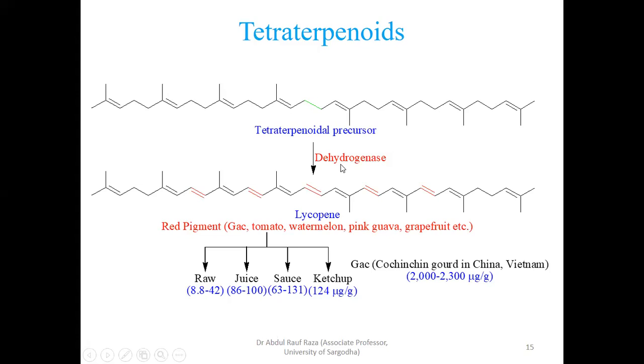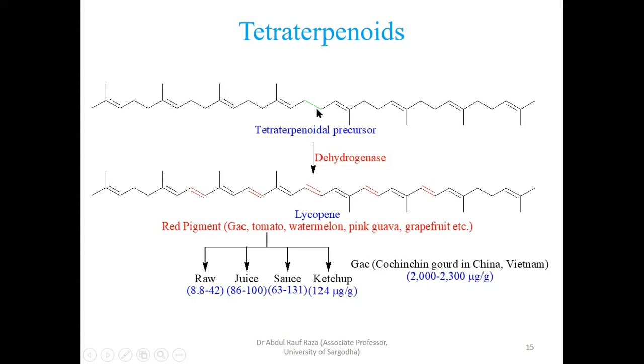So what happened? Dehydrogenase. Dehydrogenase is an enzyme I have presented in red. What is the role of this? It brings out double bonds at these 5 positions. You see, this is one, 2 on this side, 1, 2 on this side, and this central one as well. But this CH2 and this one are not dehydrogenated by dehydrogenase, but all other positions, 1, 2 here, similarly 1, 2 here, and this central one between the two GGPP units where they combine. So this is also CH2.